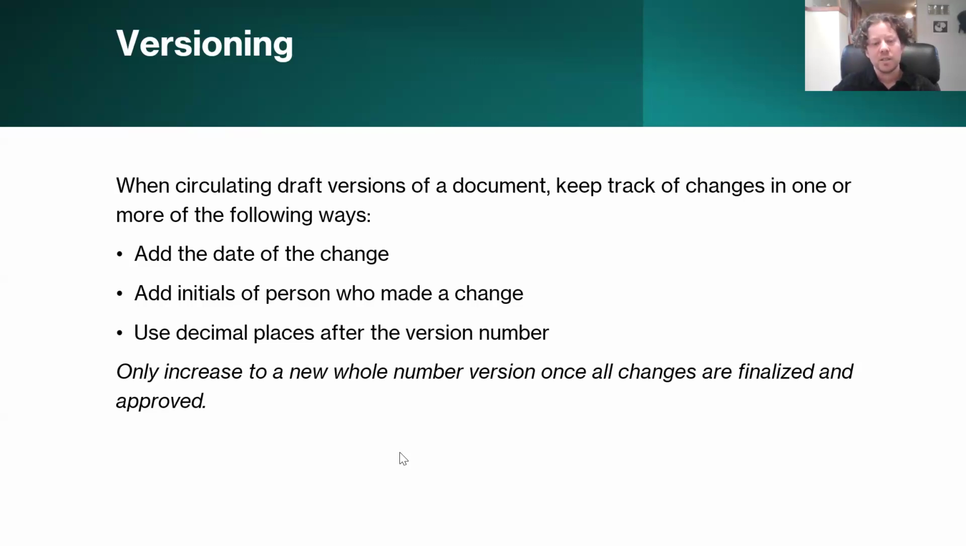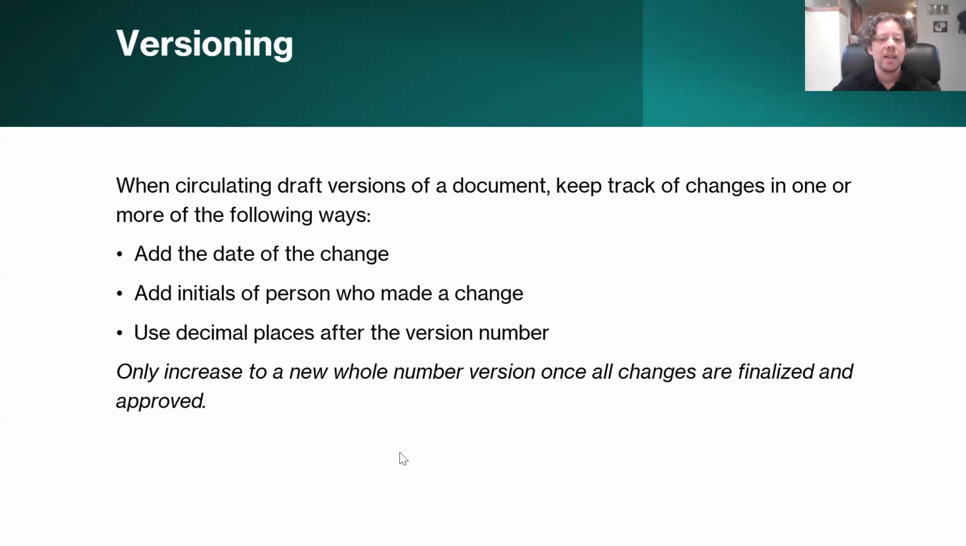So one way to do that is when you're circulating those draft versions of a document, you definitely want to keep track of the changes, but keep track of them in one of the following ways. Add the date of the change to the end of that version. Add the initials of the person who made the change. Or use decimal places after the version number. And importantly,